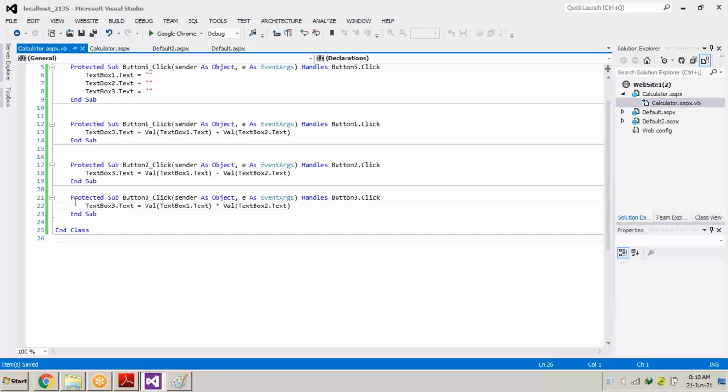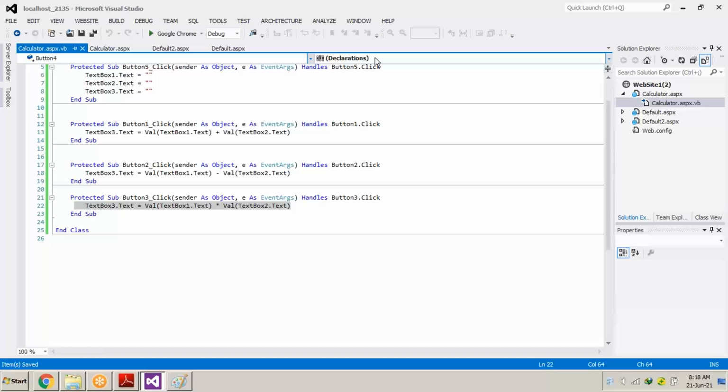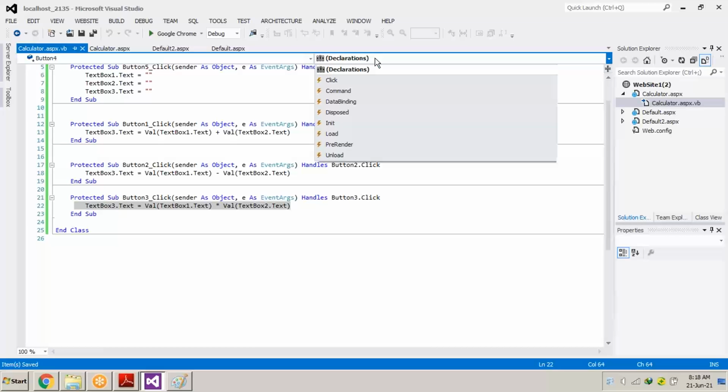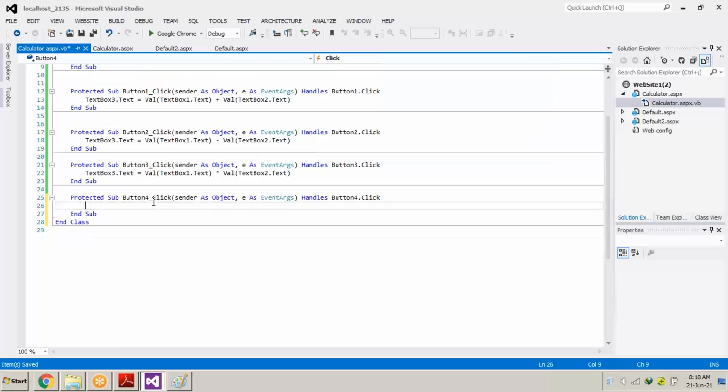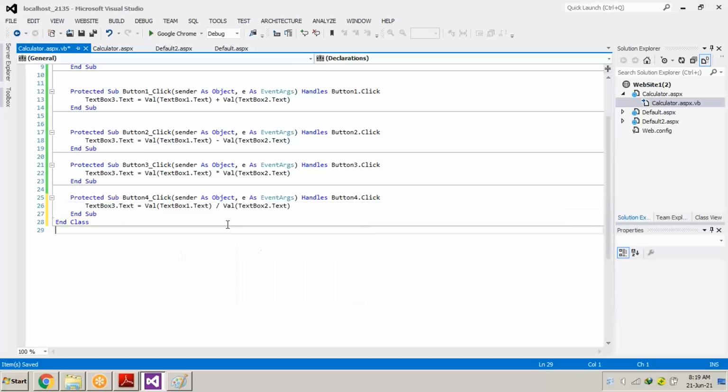Okay, so this becomes the code of multiplying the first text box and the second text box. Now the button 4 click event, we all know that button 4 is for divide. We will do the same thing. We will copy the same code of multiplication or plus, whatever code you can copy, and paste it inside the button 4 click event also, and we will just change the operator to the divide sign, the backslash sign.